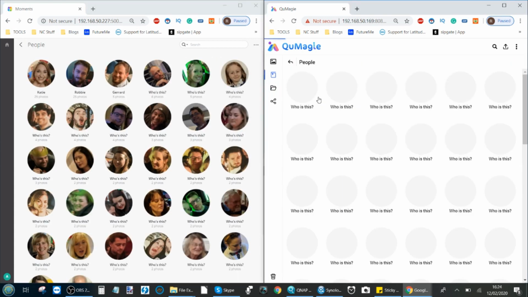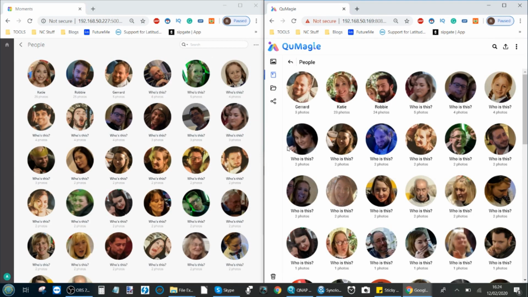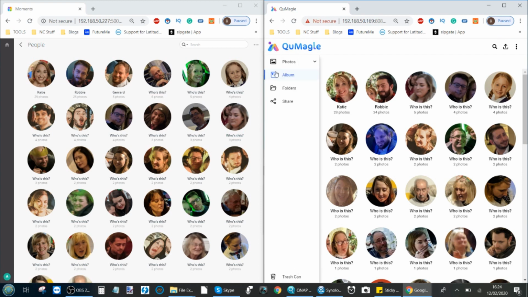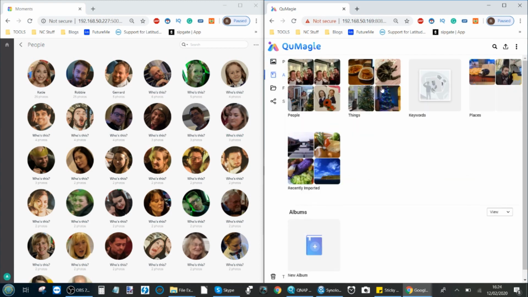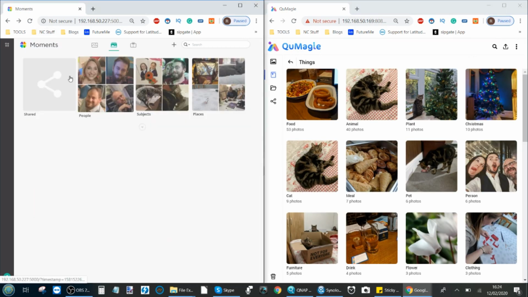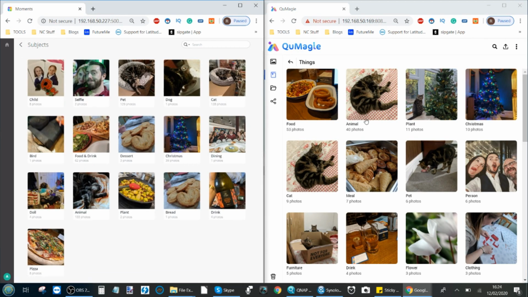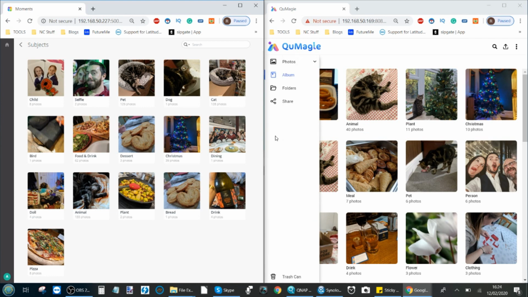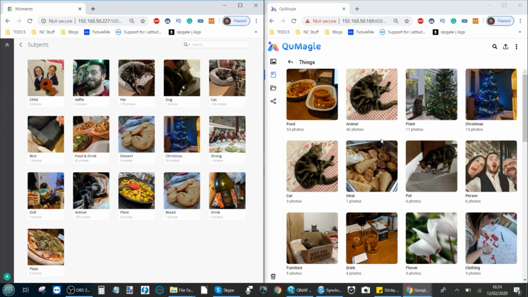If we go into people, we can make a decision which one's better. And let's be honest, they're almost chuffing identical. If we go into the Things album, we can see which one looks better. And again, very similar indeed, but the icons do seem that little bit brighter and that little bit easier to behold on QMagie. But what I'm going to do now is I'm going to wrap things up for this video